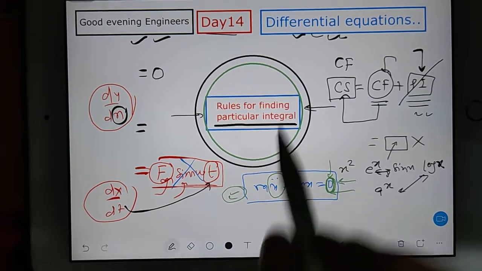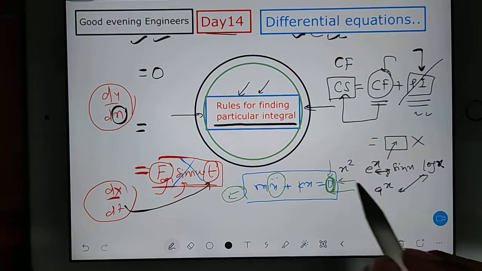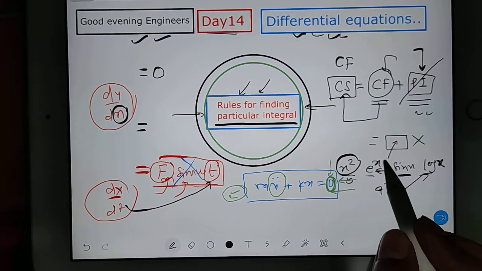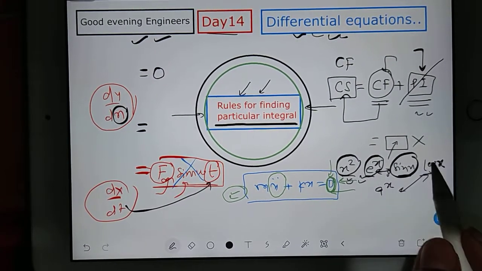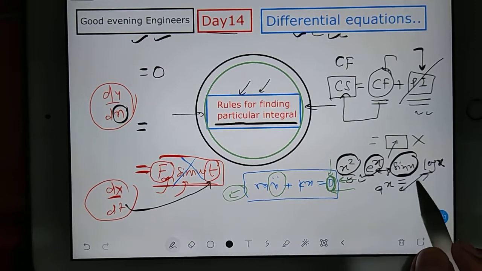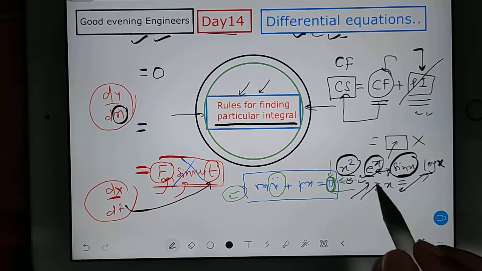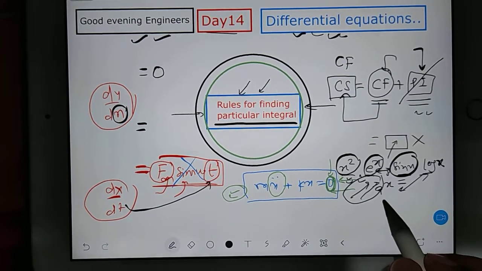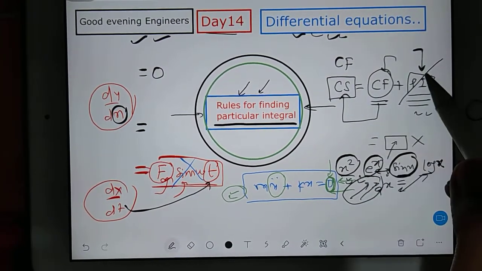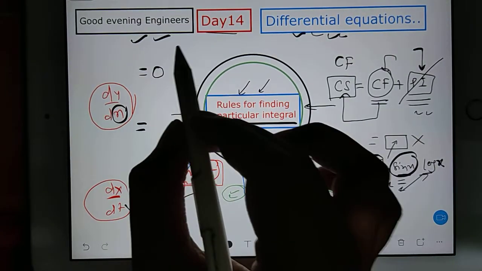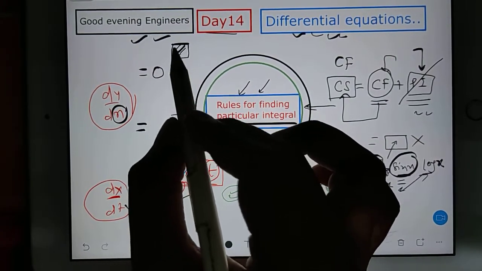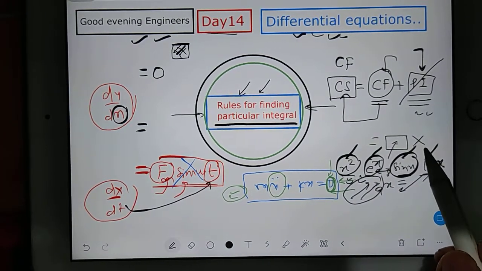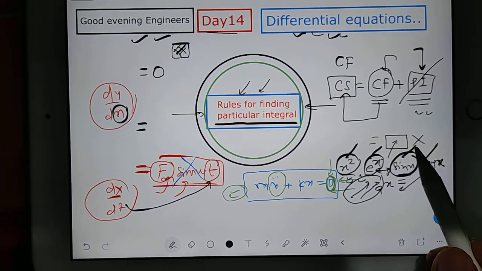So what are the rules? It depends on what kind of function we are solving. If you are solving an algebraic function, then a different rule. Exponential function, then a different rule. But they're very easy. We have to go from the basics so that even if in future you forget the rules, you can easily identify and evaluate the final answer for the particular integral. Mostly what we used to do, we used to mug up standard formulas for these kinds of standard terms. We used to remember the formulas.